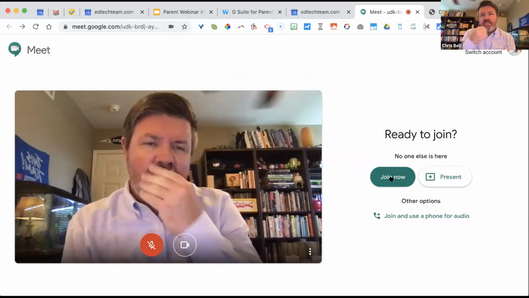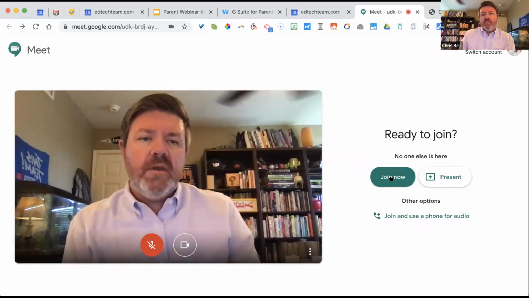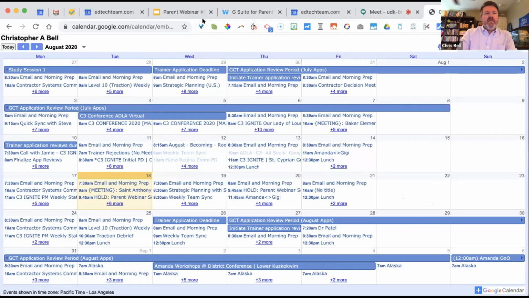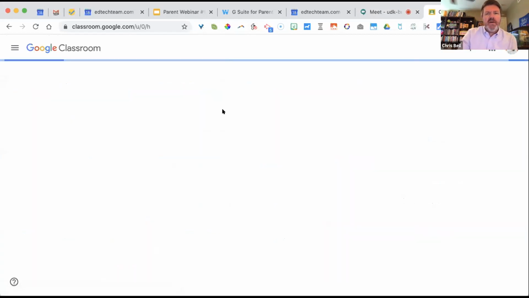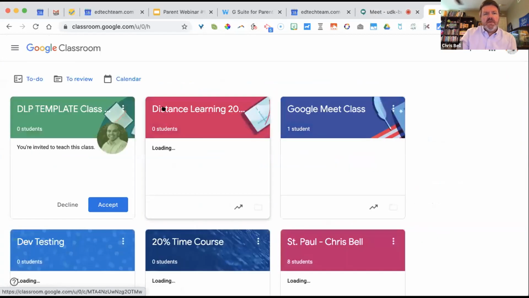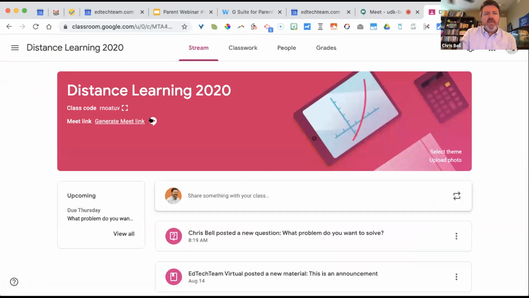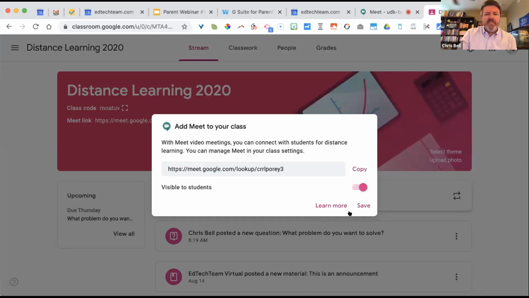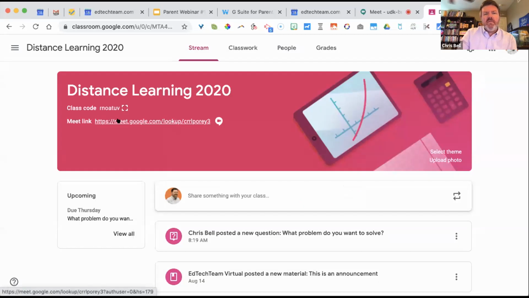Now, if your student is entering from a Google Classroom, it would be slightly different. Let me go into classroom.google.com and pull up a class. All right, generate Meet link. This is the teacher backend. Okay, save. And what your students would see in the header of the Google Classroom is three things: the title of the course, the teacher's class,